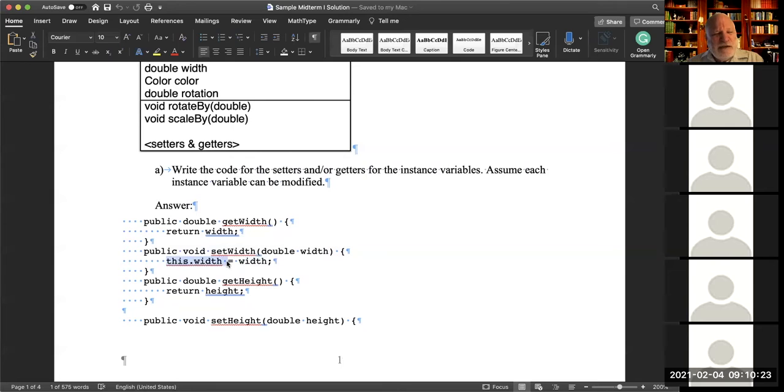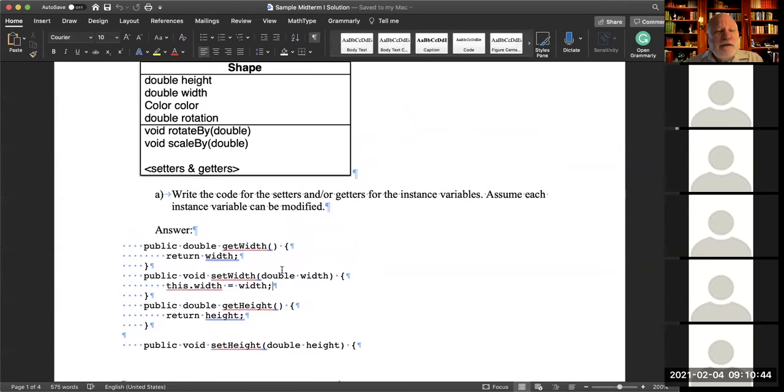In other words, if you didn't have this, if you just said width equal width, then it would just take the argument, set it equal to itself, and then leave the instance variable unchanged. So that's another thing that you need to know.